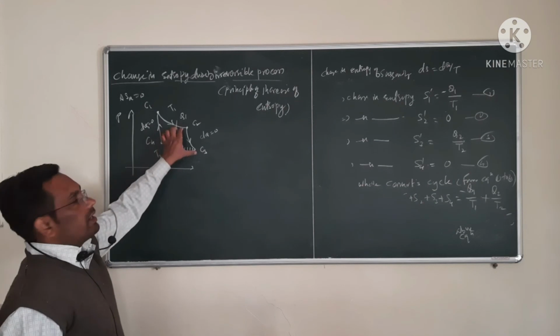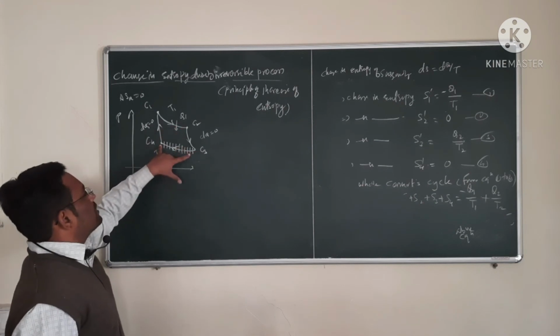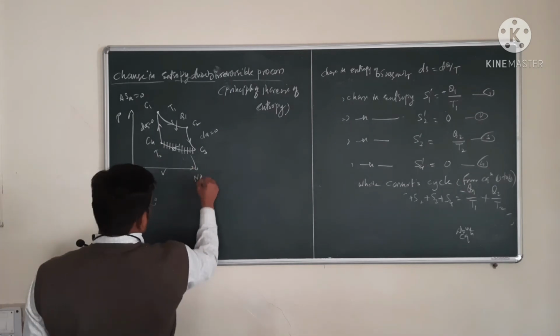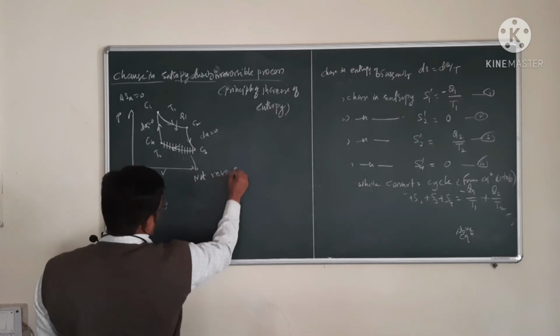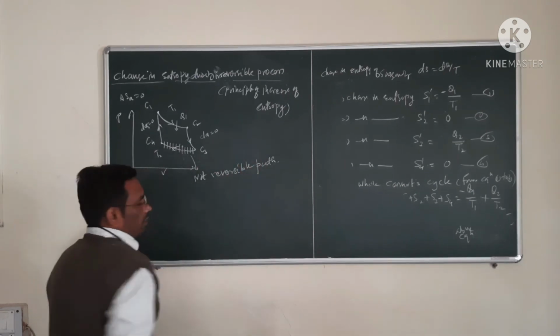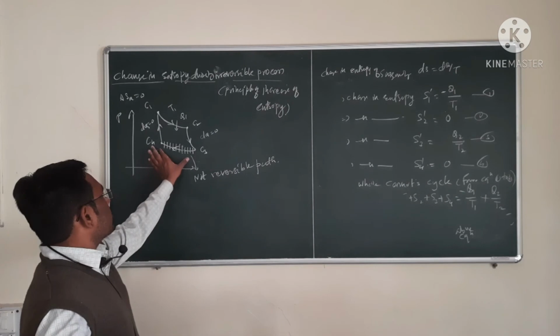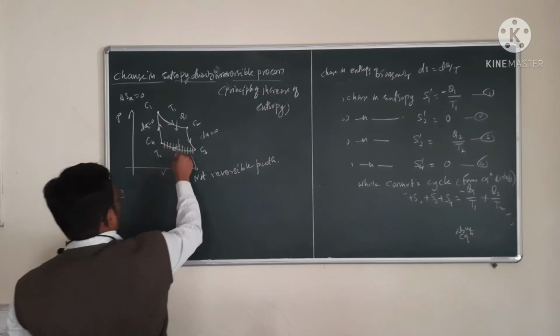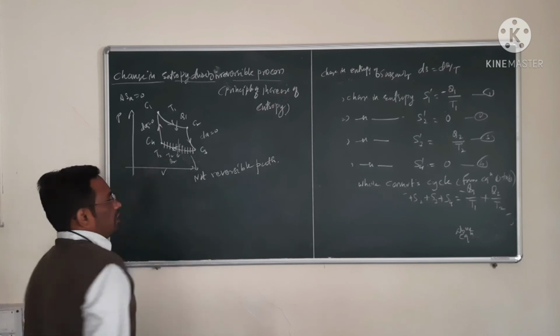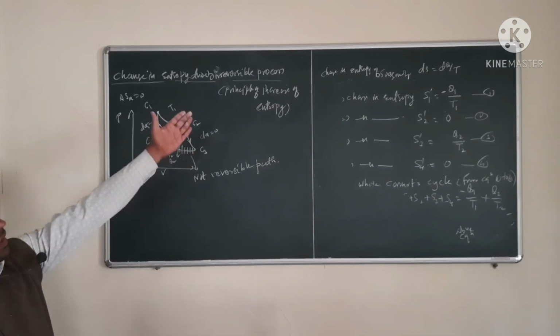C2 C3 adiabatic expansion. C4 C1 is not a reversible path, so this is not reversible path. Now during this case again here amount of heat energy rejected Q2 at temperature T2, our all the equations are